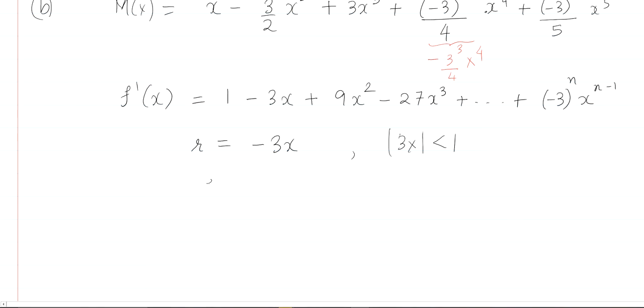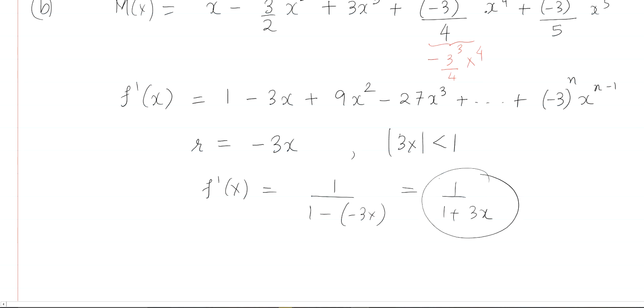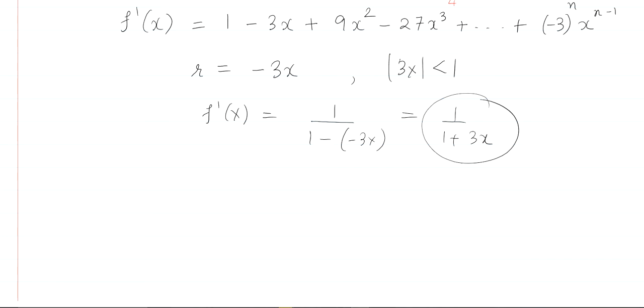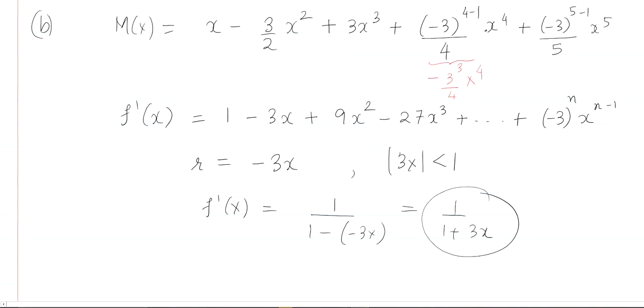And since we already know this, we can sum up our geometric series using the formula 1 over 1 minus r, which ends up with the function 1 over 1 plus 3x. So this is the rational expression that they were asking. Now,